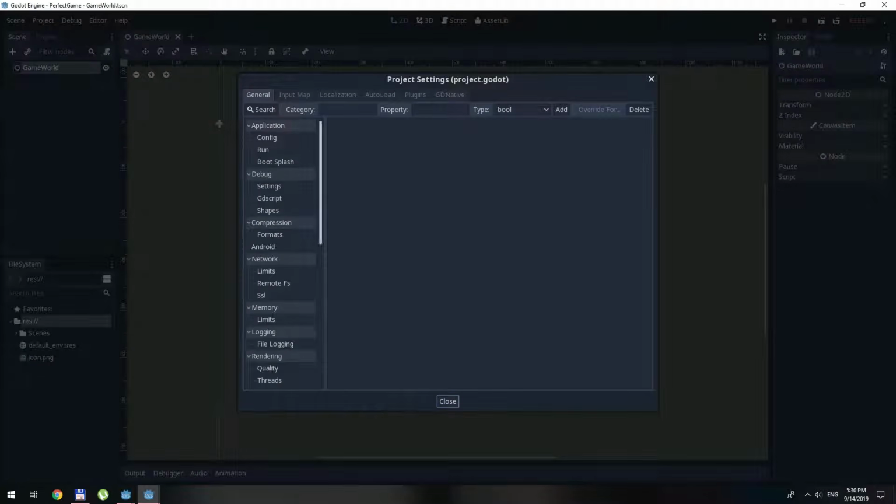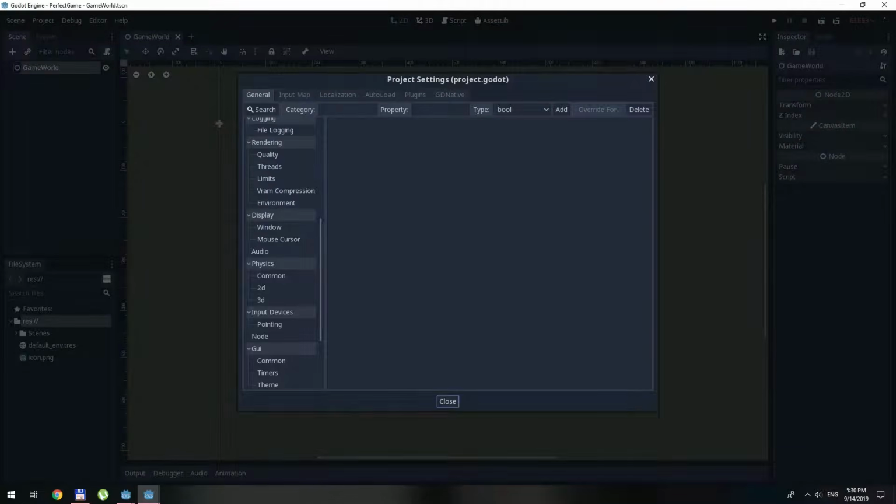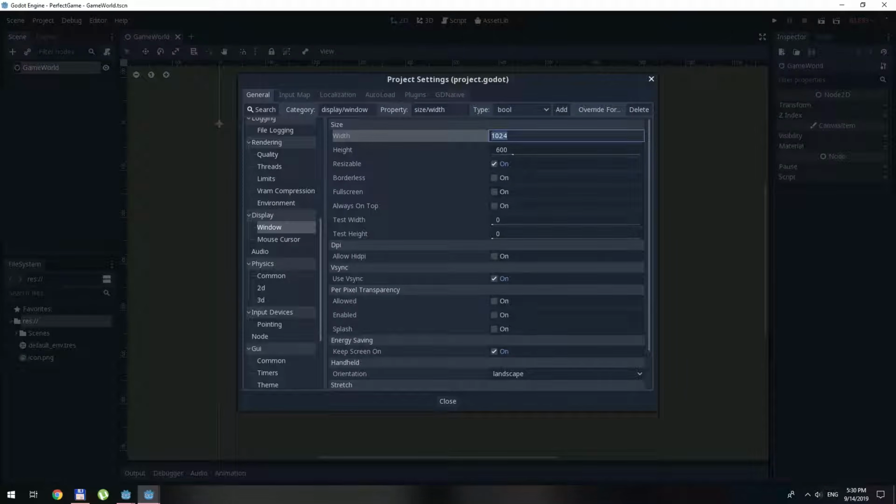Save project settings. Let's define some window mode, and for this project I will use 1920 by 1080,